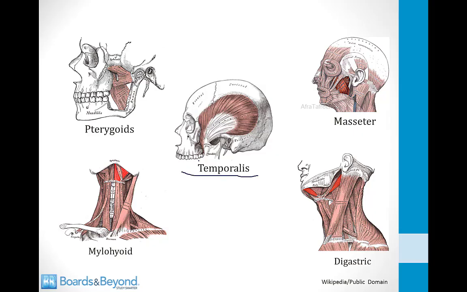So the temporalis is on the side of the skull. The pterygoids are located on the side of the jaw. The masseter is also located on the side of the jaw. And then the mylohyoid connects from the mandible to the hyoid bone, and the digastric is located just below the